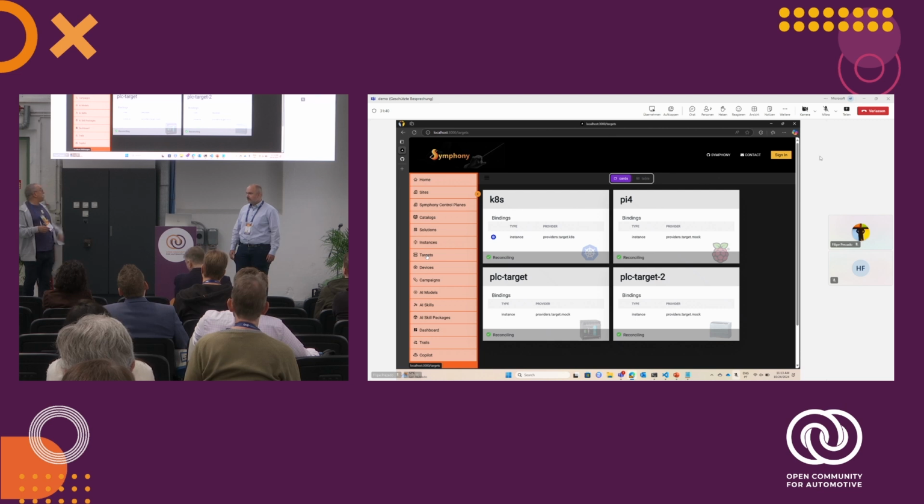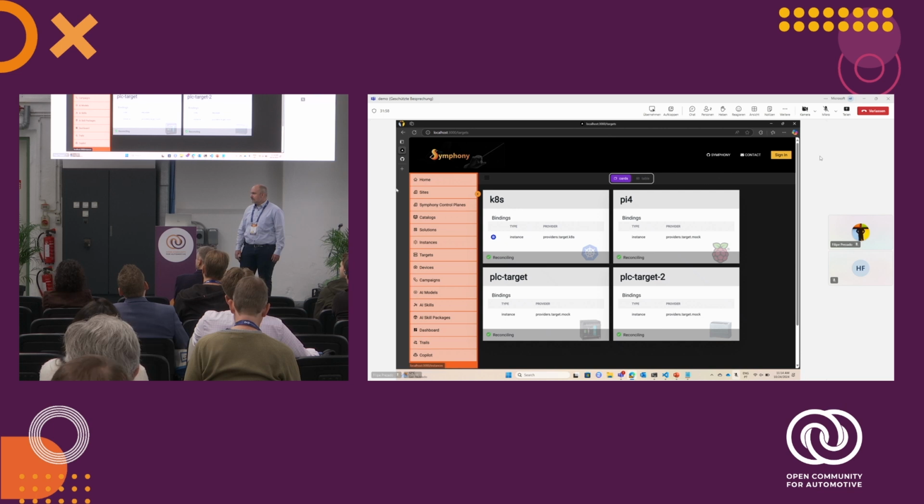So for example, if you want that Pi to be talking over MQTT and later on you need a certain test when you want to switch to some other protocol, you just load the provider on it. And then, of course, the Kubernetes that I mentioned. But the interesting thing that we have been working on is, for example, with